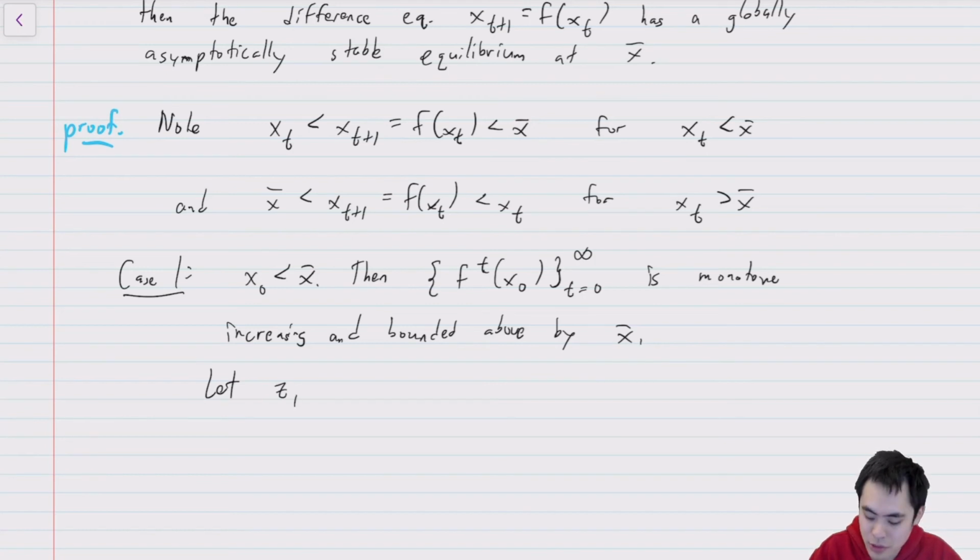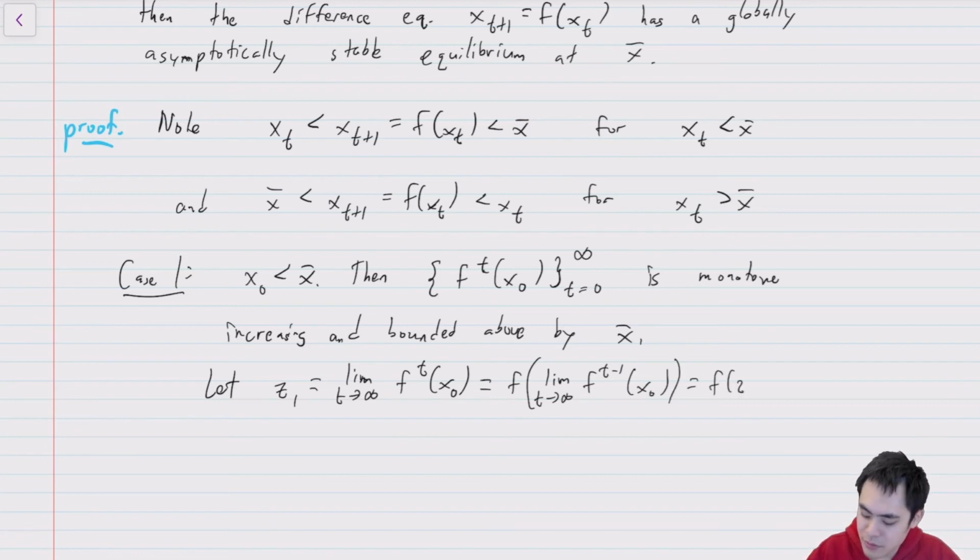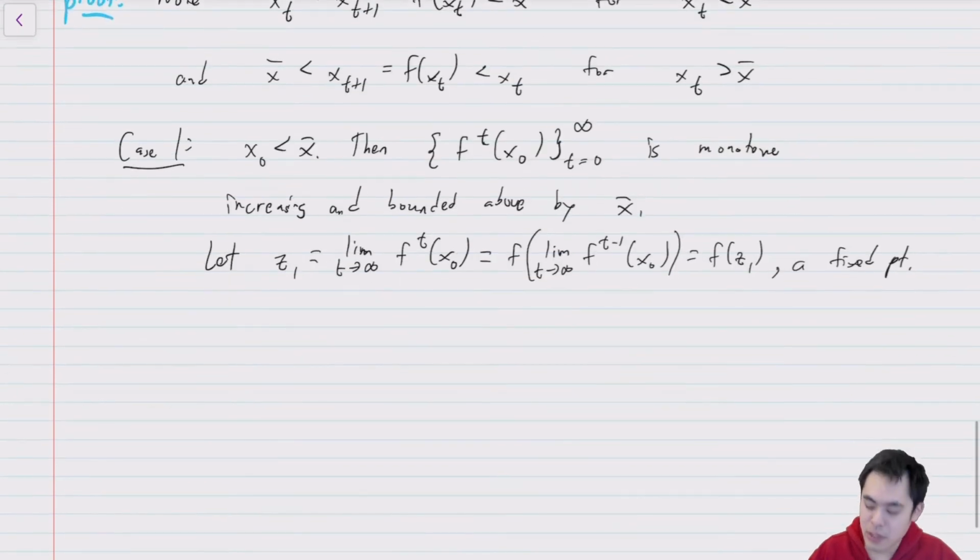We don't know what that is yet, so we're going to call that z1. That's going to be the limit as t goes to infinity of f to the t of x naught. But of course, this is equal to f of the limit as t goes to infinity of f to the t minus 1 of x naught, which is equal to f of z1, and so this is a fixed point. So it limits to some fixed point. Then we have case 2, which is that x naught is